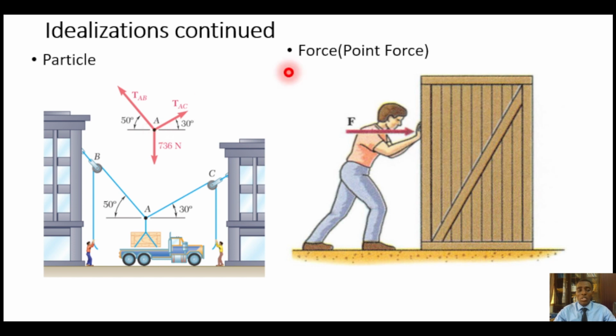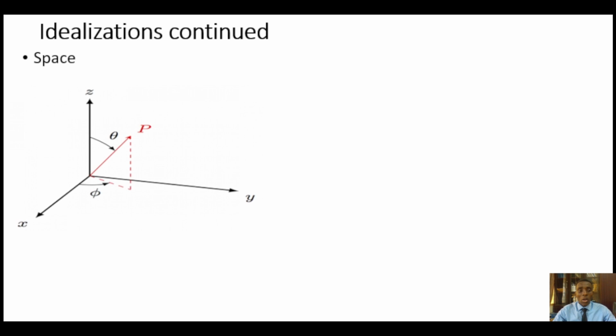Now look at a force here. The gentleman is trying to push this. However, the action of his force can be reduced to just a force F with a line and an arrowhead. You see, everything here will be some form of area, but we are assuming it is acting at this point. So that's what we are calling the point force right there. Okay, so space is right here, so I have a point P in space. I'll measure direction in X, I'll measure direction in Y, and then I'll measure direction in Z.